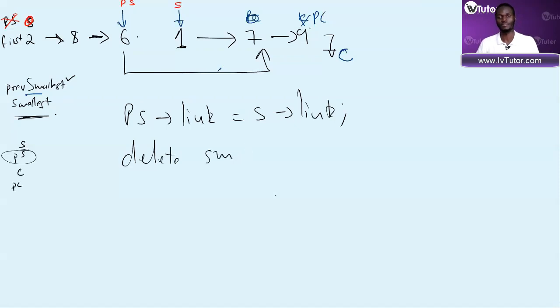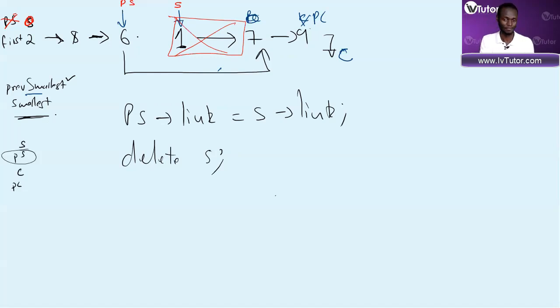Let me just go yes, delete smallest like that, which means this node is then deleted. So that is the idea behind this question, where you use 2 pointers to loop and 2 pointers to delete. The reason why you use 2 pointers to loop is because if you then say current is less than smallest, you want to be able to move smallest to current and previous smallest to previous current, so that when you then want to delete, you have a pointer sitting behind the node that you want to